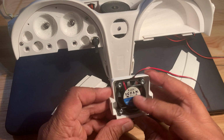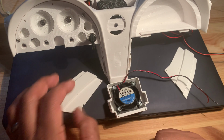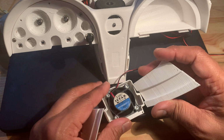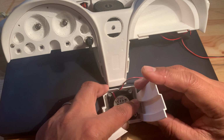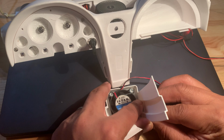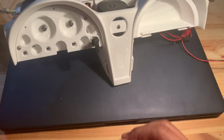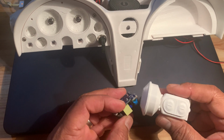Here's the cover with one of the fans inside. These are the vent panels, driver and passenger side. And we've got the flange on there and it just kind of sits on there nice and clean. Something like that. Clean, I like it. So that's about done. The last edit happening in the next couple of days, will be done by this weekend,